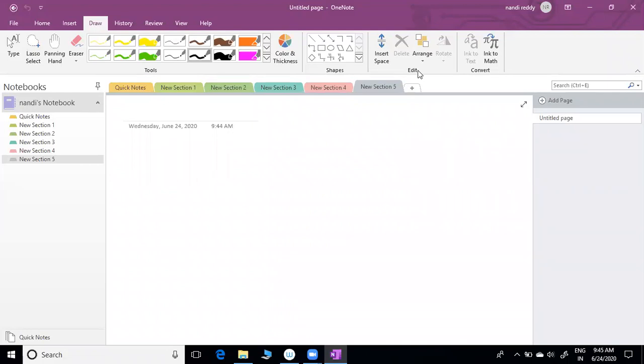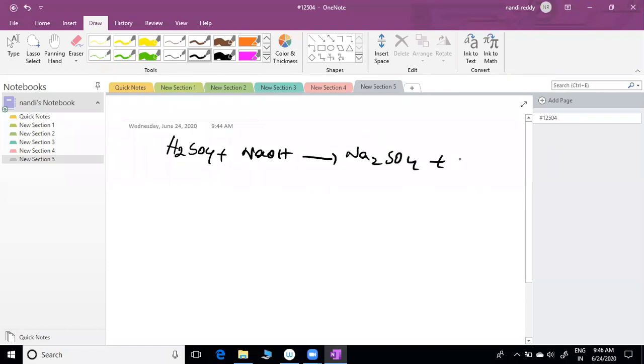Okay, we discussed this already. One more time I am giving one example. We will try. You can try it. This is the equation. You can equal all in terms of gram equivalent number.